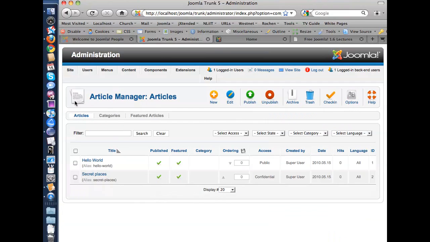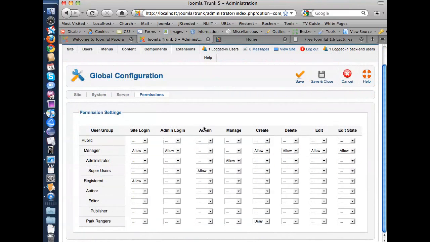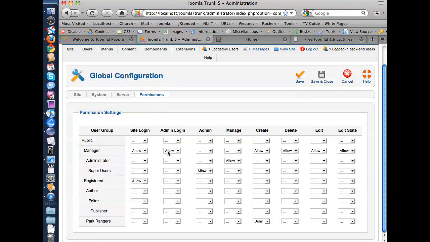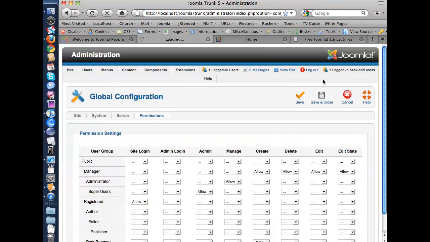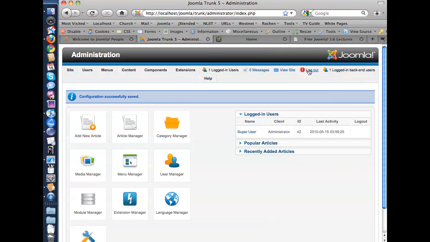It's very easy in the new permission system to get what you want. It's also very easy to brick your site. And by that I mean lock yourself out so that you cannot get in. And I found this by testing turning off the login permissions. So if I save that and I log out,